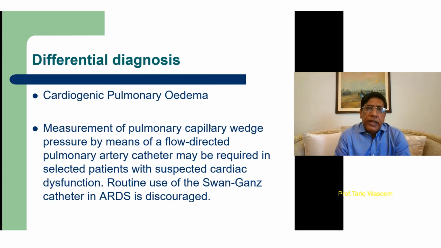Coming on to ARDS alone, ARDS, as we said, is primarily a result of fluid being exuded out into the interstitial space and then into the alveolar space. So the main thing from which we need to differentiate this kind of picture is heart failure. Cardiogenic pulmonary edema is the main differential diagnosis, in patients who have rapid onset dyspnea